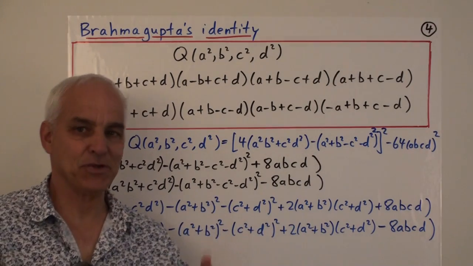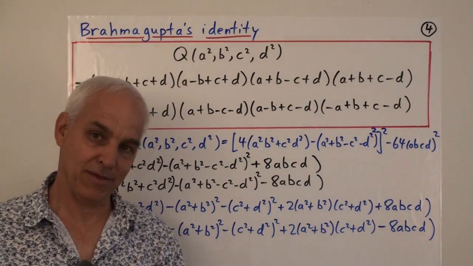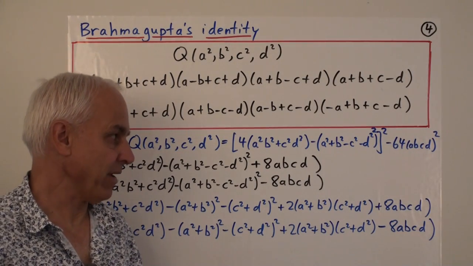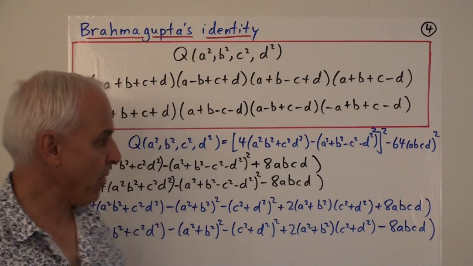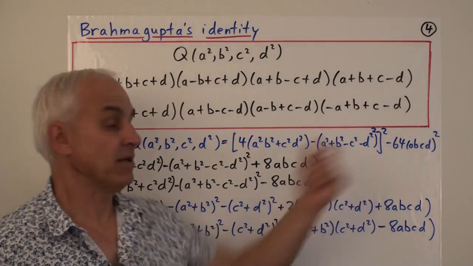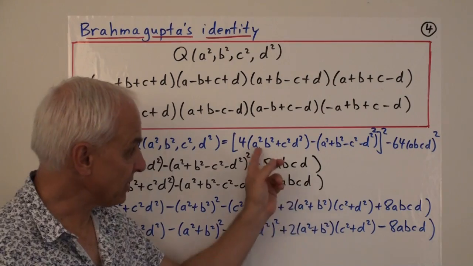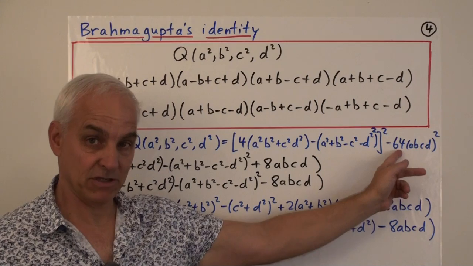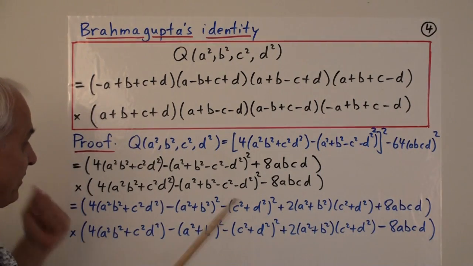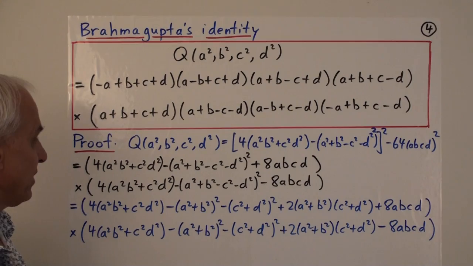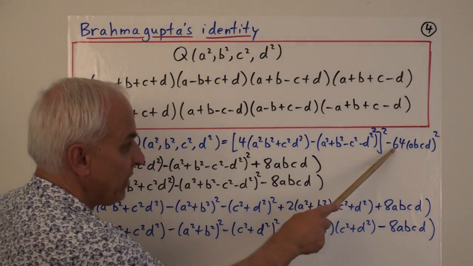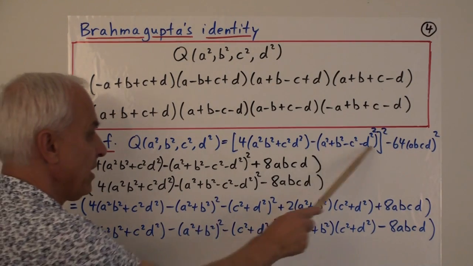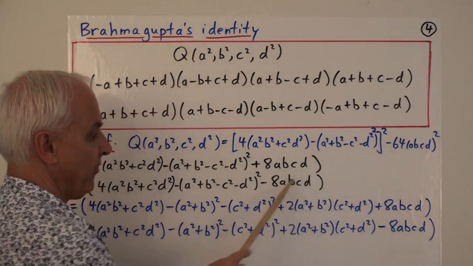This is analogous to the reasoning that we did with Archimedes' function, but it's more complicated because things are a little bit bigger. What we did in that case is we recognized that we had a difference of squares, and we're going to do the same thing here. This is something squared, and this thing here is also a square because 64 happens to be 8 squared. So we can write this as a product of two things: what's inside here, plus 8 times abcd, and what's inside here, minus 8 times abcd.